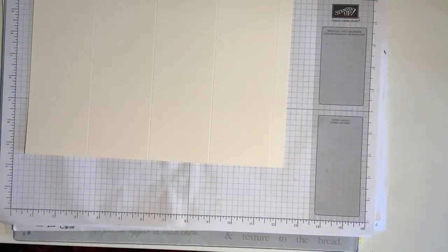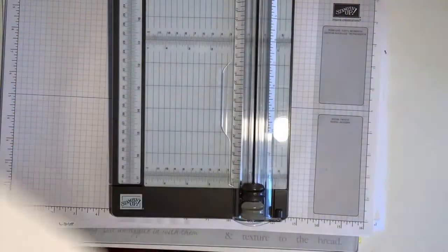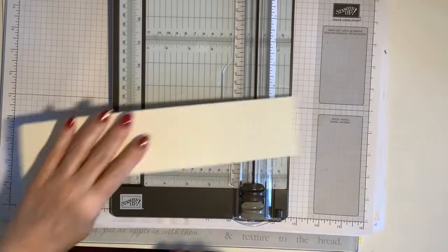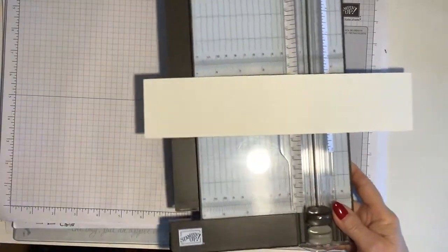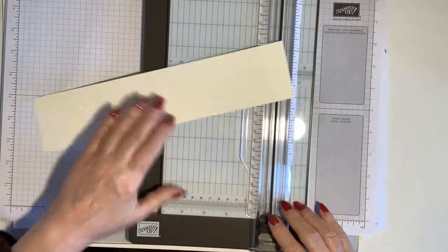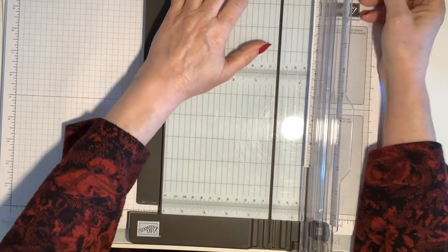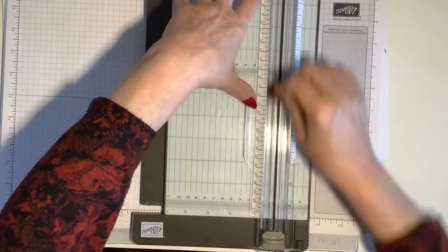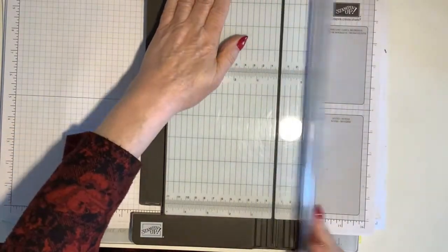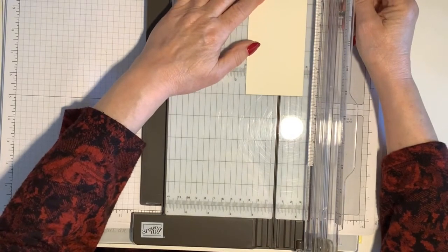So I don't think we need the scoreboard again, but we do need actually to trim some cardstock. Now, from another piece of cardstock, now this doesn't have to be the heavyweight one, this can just be normal weight cardstock, and I use the same colour as I'm doing for my project, although you could get away with any colour really. And I've cut 7 inches,